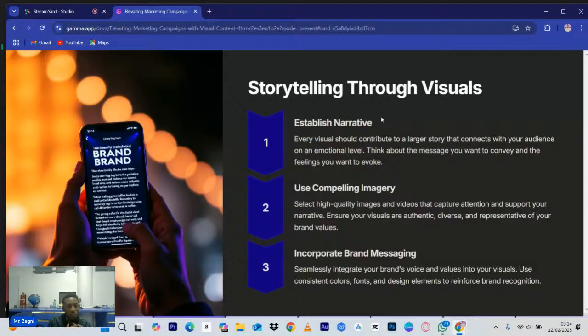There's this thing that has to do with fonts and colors, right? When you have a font of your own, you have your color. It means that whatever you do for your brand will have to stick to those fonts and those colors, unless you want to rebrand. Unless it is just time for you to rebrand, then you can decide to change your colors, change your fonts. But whatever you're doing, make sure you stick to your font, make sure you stick to your color